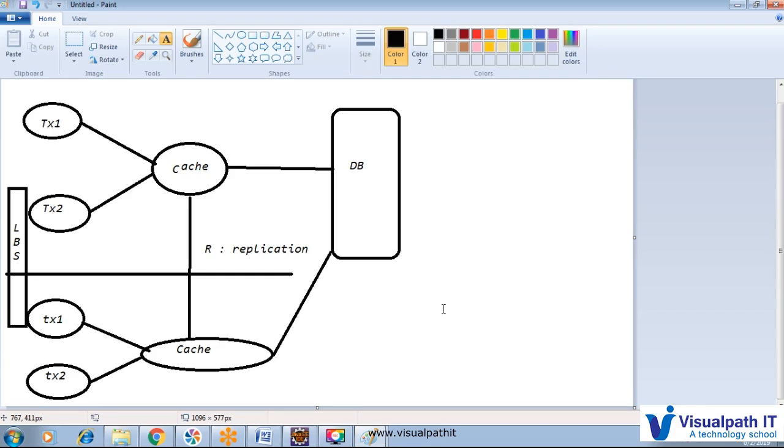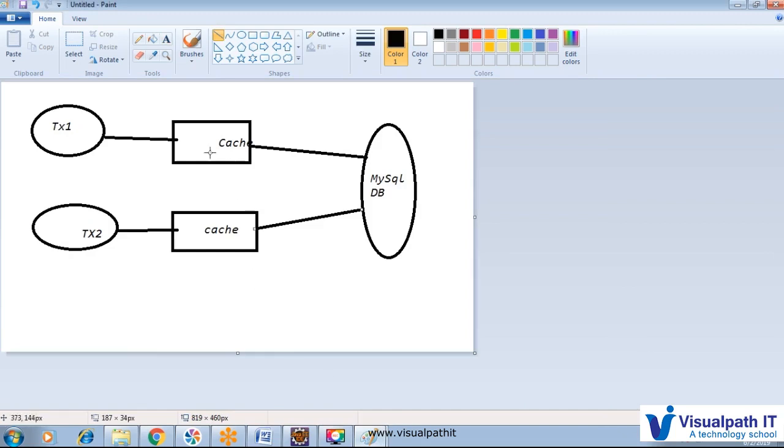So now we have three kinds of cache. First is the transactional scope cache, which is the default cache, and it is always enabled. We cannot disable it. Per transaction, when a transaction is created, one cache is automatically created and associated with that particular transaction.